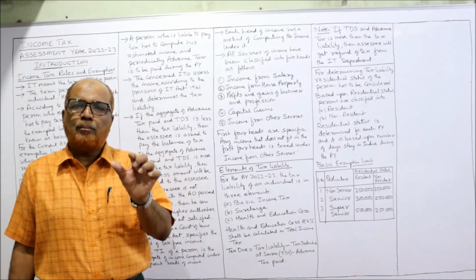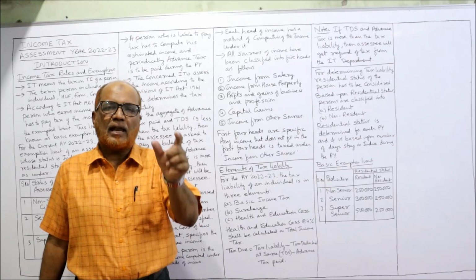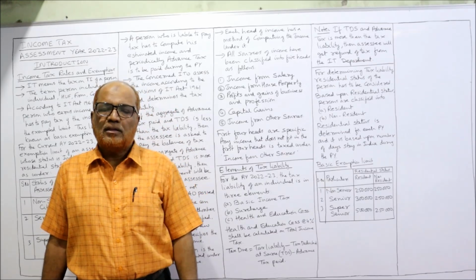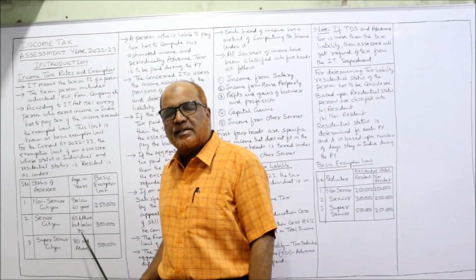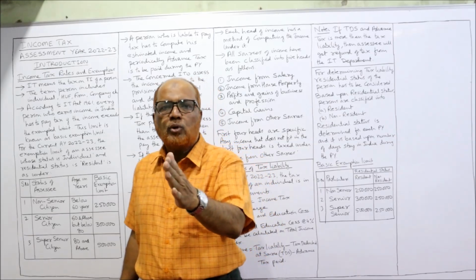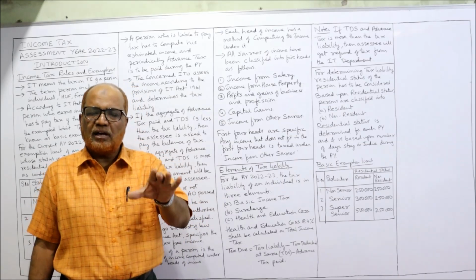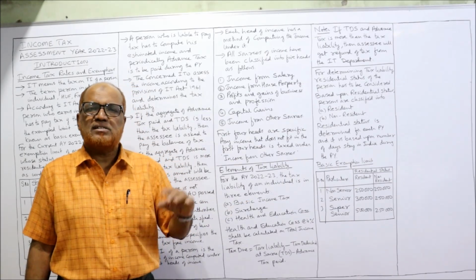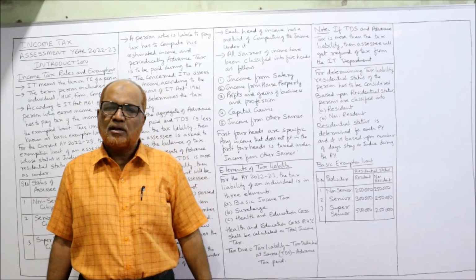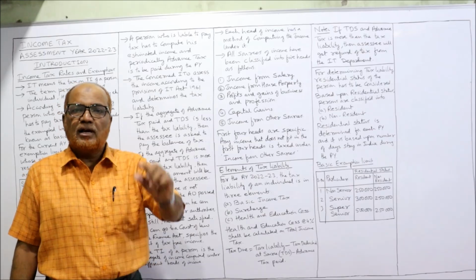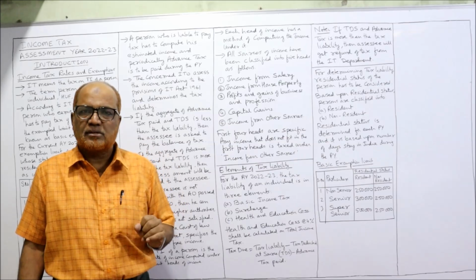Now, first of all, basic income tax. By applying the rates, we calculate the basic income tax. The rates of tax I'll explain to you in the next video. In the present video I have explained to you about the basic exemption. Up to 2,50,000, no tax will be there. If a person earns 2,50,000 in the previous year or less than 2,50,000, there is no tax at all, right? If it is more than 2,50,000, different slabs are given. In the next video I'll explain to you about the slabs.